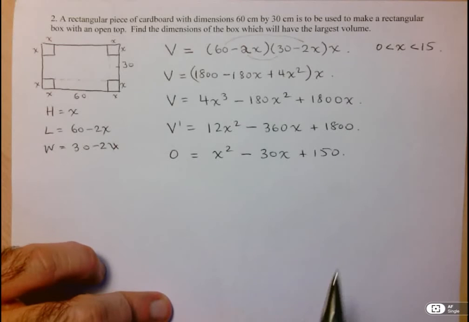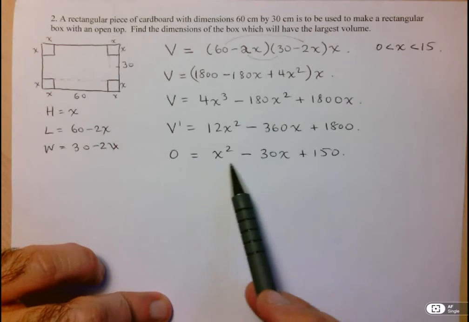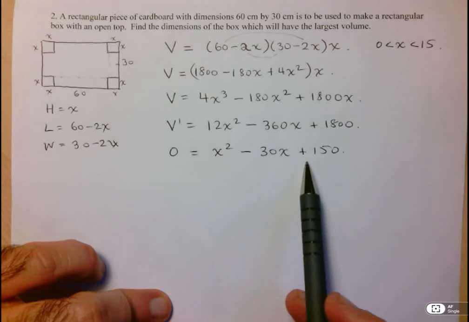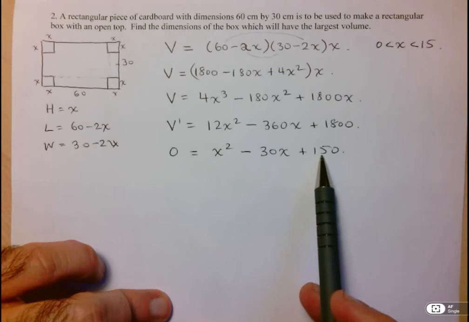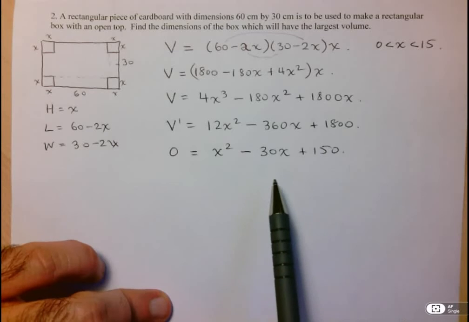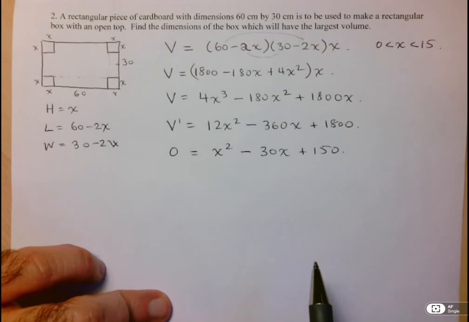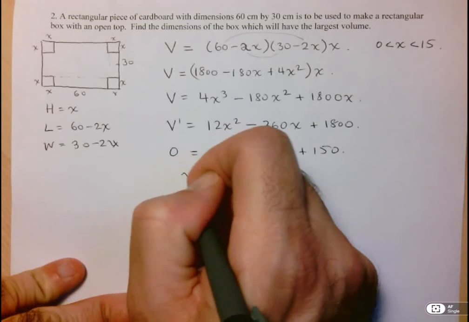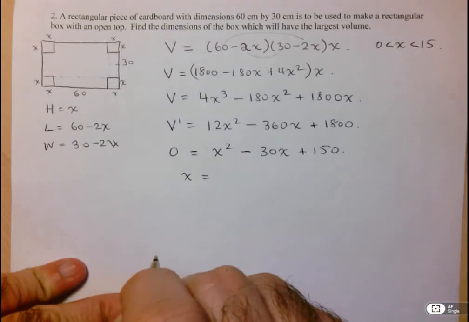Okay, so you might take a really quick look at this to see if it factors nicely instead of using the quadratic formula. And here, I don't know, 50 times 3, that's not going to work. 30 times 5, that's not going to work. And that's as far as I'm going to go. So might take a quick look at factoring, but otherwise, I'll just go straight to solving this equation with